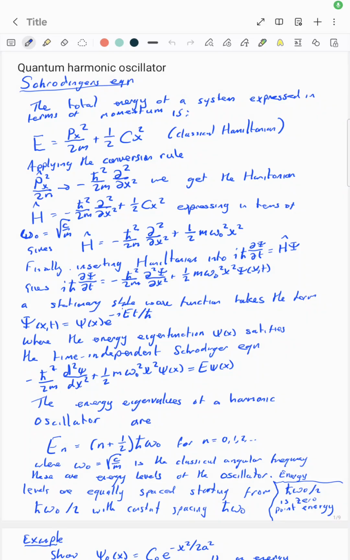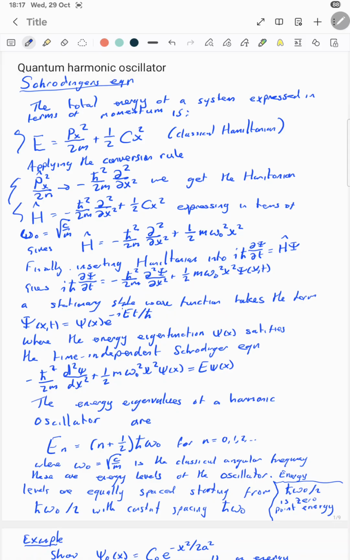Now this one is about the quantum harmonic oscillator. It relates to the Schrödinger equation. The total energy of a system expressed in terms of momentum is this here. It is the classical Hamiltonian. Applying the conversion rules from the classical to quantum, we get a Hamiltonian given